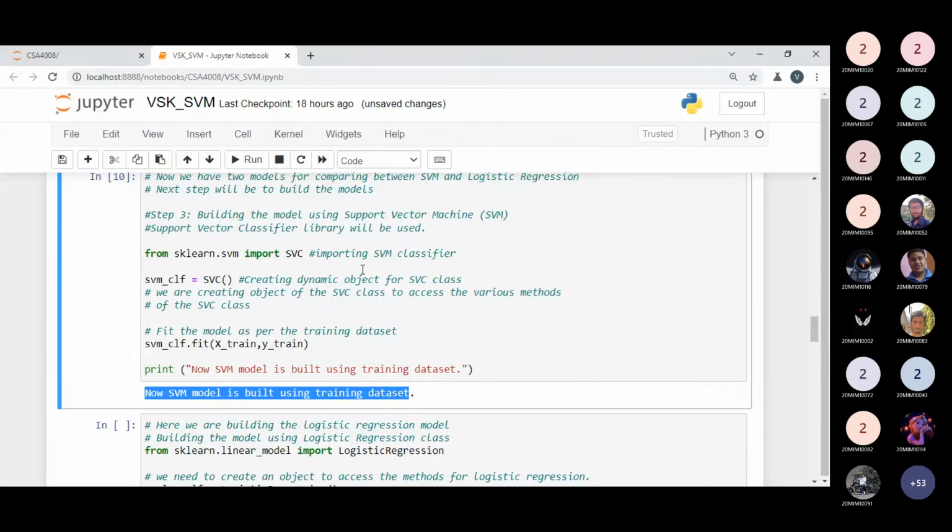In this SVC class, we are not passing any kernel function. When we have a data set that is non-linear, at that time we have to pass the kernel function.